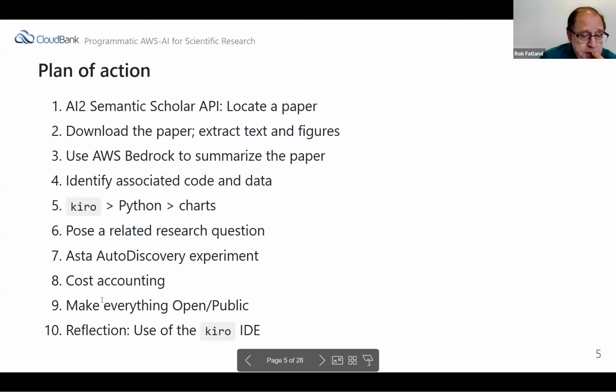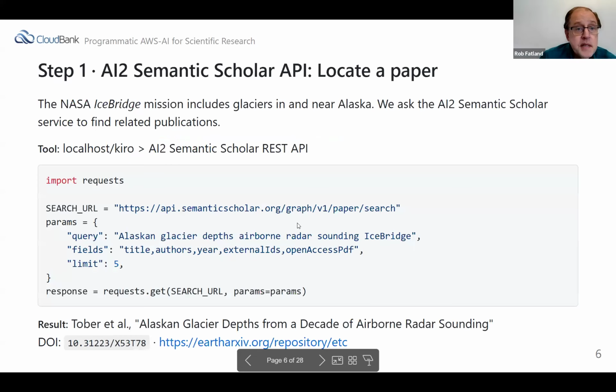If you want to dig into the scientific aspect of my narration here, since I'm going to try and go pretty quickly, you can just download or clone the repo and look at everything in more detail. And then I'll make a final comment on the use of the Kiro IDE. So that's my plan. And I think I can just roll down here. Everything that's coming in this narrative is originating from my laptop. I'm just assuming I'm running Kiro on my laptop, I'm not using cloud machines or anything like that.